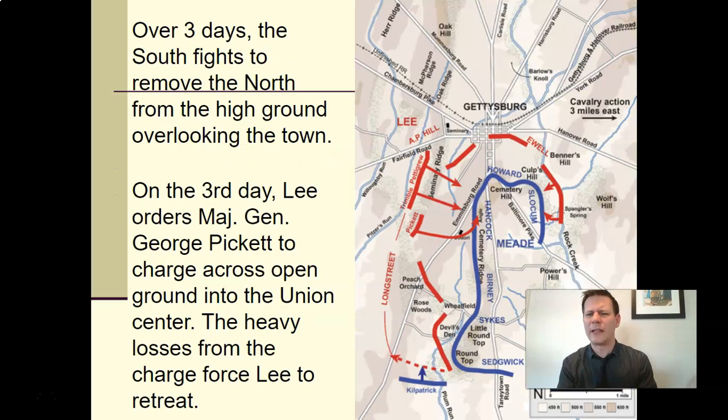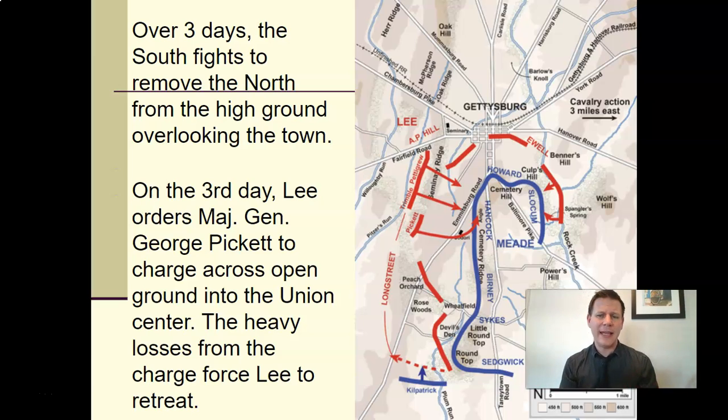But very quickly, once they bump into each other, both sides kind of realize that this is going to be a major engagement. Lee had brought all of his men with him. And when the North finds Lee's men, they knew he was there. They were looking for him. When they find the main part of Lee's army, it's a red alert. They're calling in all their forces from the area to converge on Gettysburg to try and stop these guys as well. 3 days of fighting at Gettysburg.